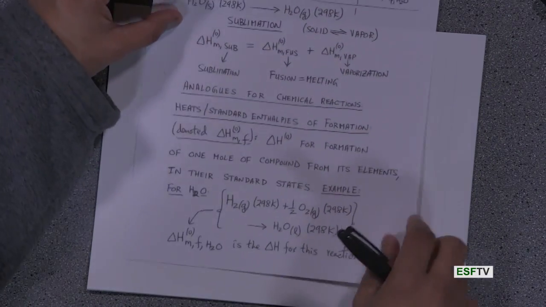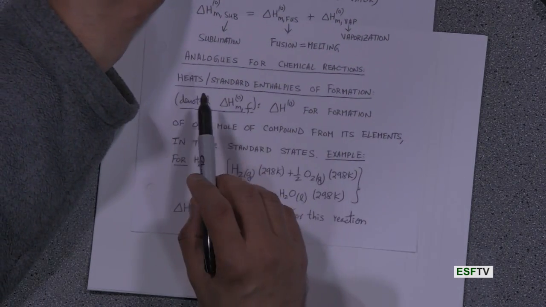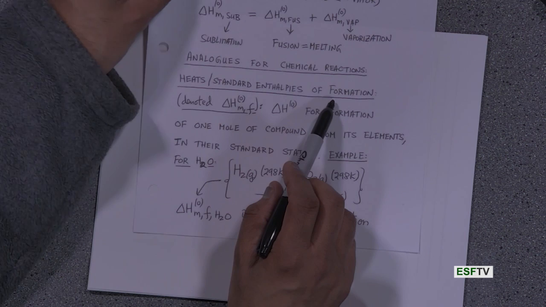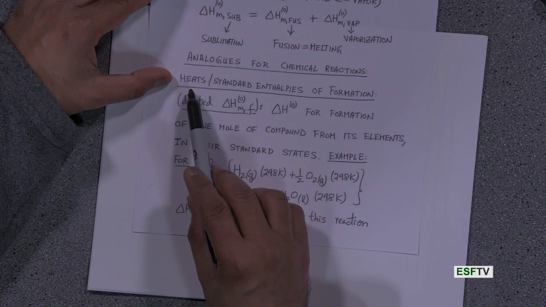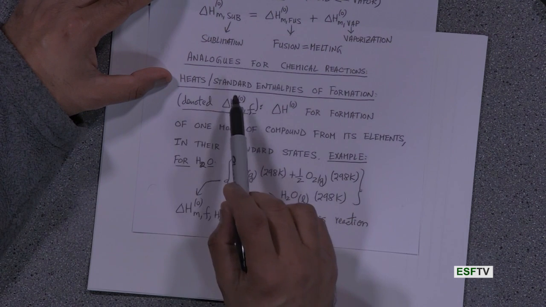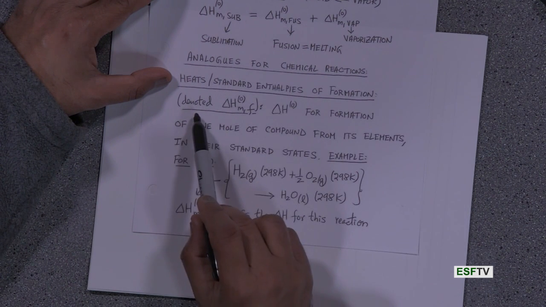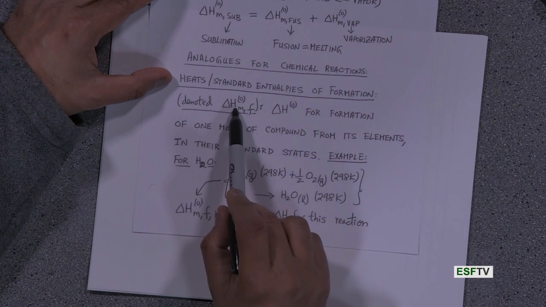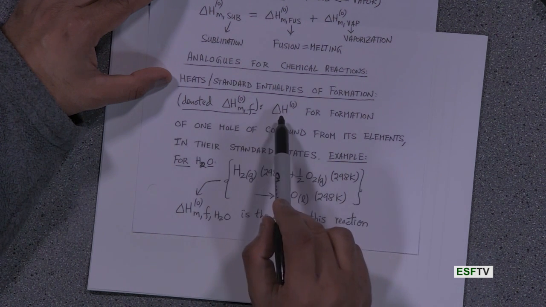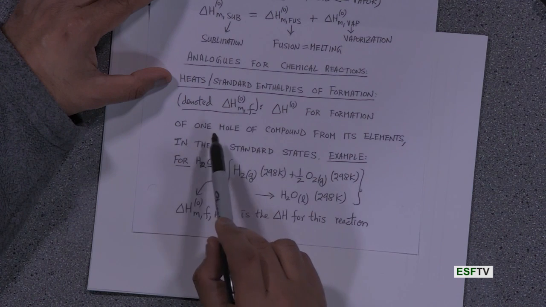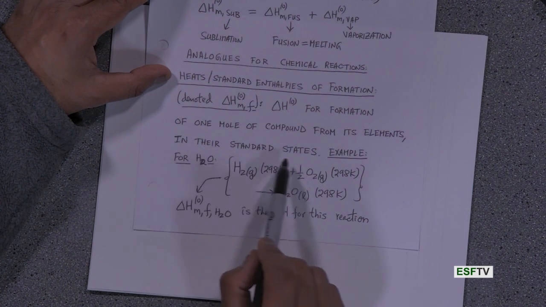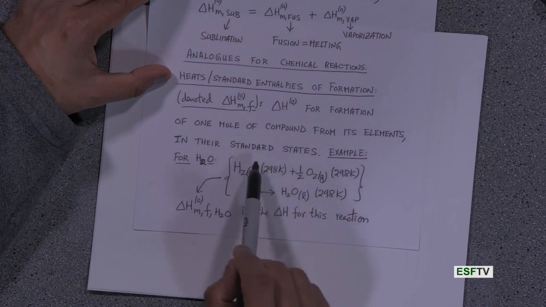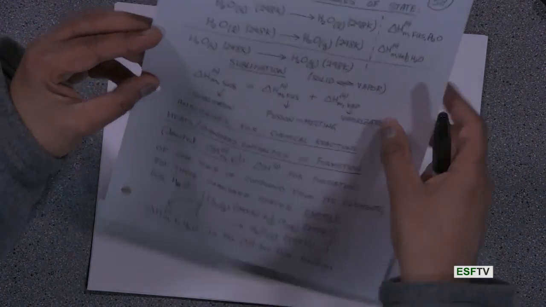So, page 38, analogues for chemical reactions, standard enthalpies of formation. Older terminology was heats of formation or standard enthalpies of formation, denoted delta H superscript 0 for standard per mole for formation. That's the delta H0 for forming 1 mole of a compound from its elements where every participant is in its standard state. So, for example,